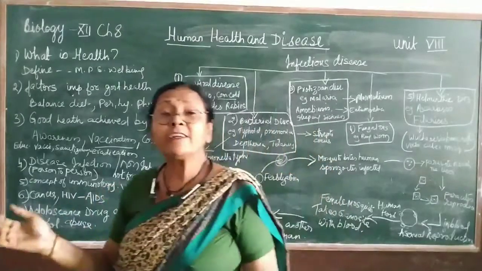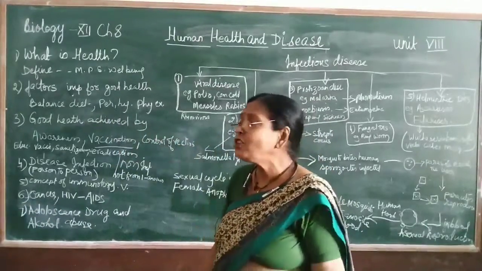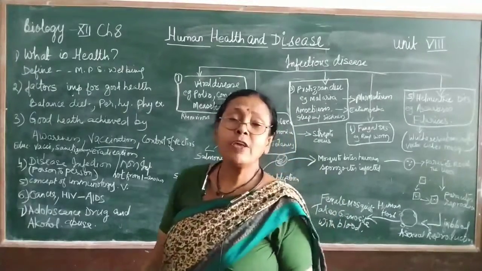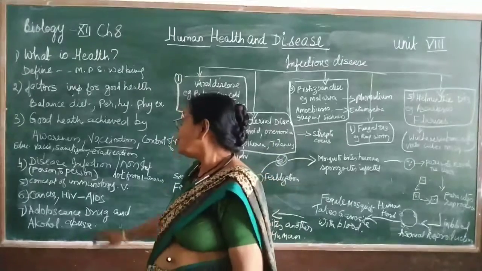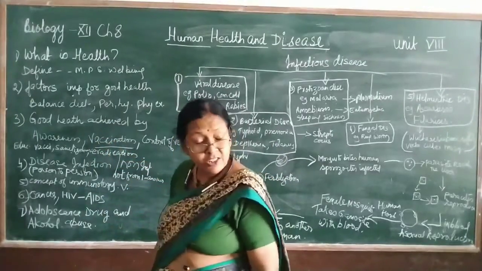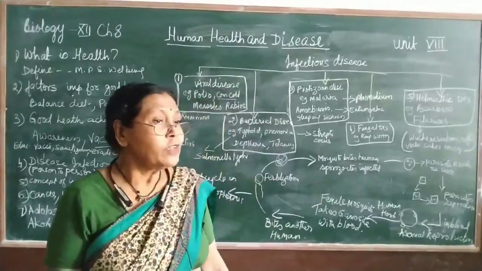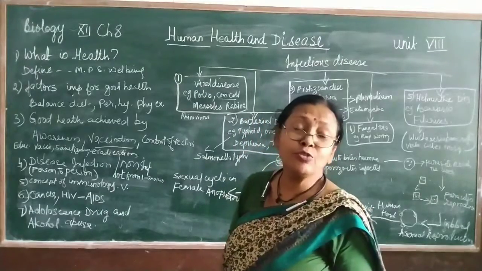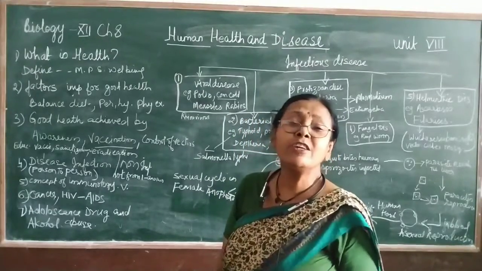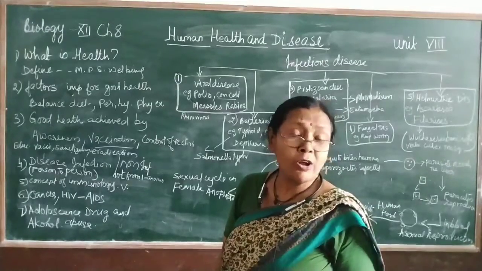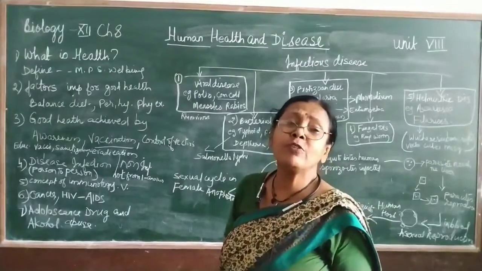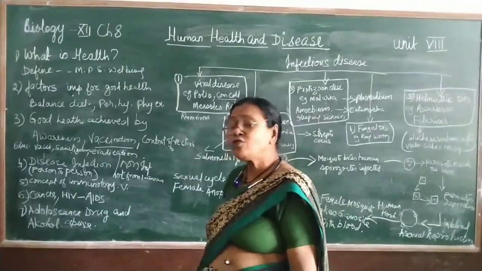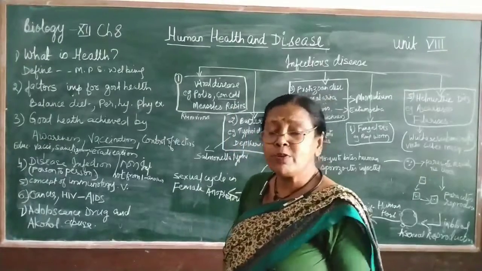So, after diet comes hygiene, personal hygiene and personal awareness about the cleanliness of everything. After that comes vaccination. What is vaccination? Vaccinations are those injections you must have taken in your early childhood or infant stage, when you were just about a month or 2 old, as your parents took you to the doctor to be vaccinated